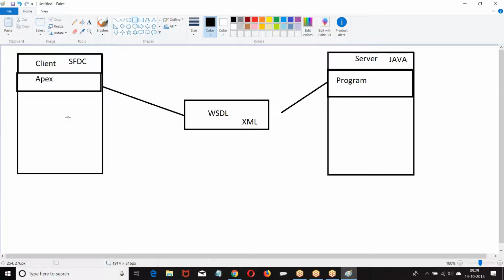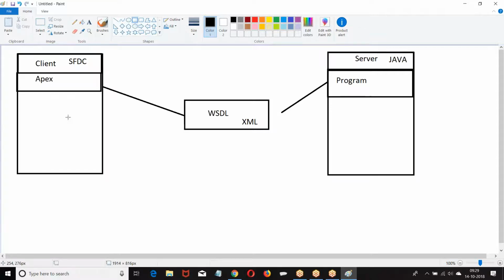I told you already, if you are a provider, there is nothing much to do. The trouble starts only when you are consuming another service. If you are a provider, it's simply a class. We are done in the REST API. It's simply an Apex class with one annotation. So if you are a provider, there is no trouble.